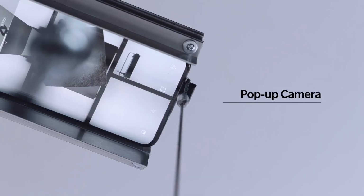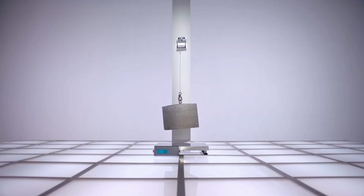It has an in-display fingerprint sensor as well as face unlock. Now I know you guys might be wondering, how does it face unlock without a front-facing camera? It does have one. It has a motorized pop-up camera module which is rated for 300,000 elevations, and it's housing